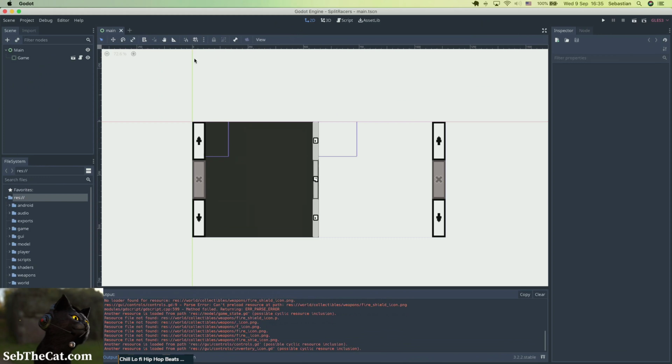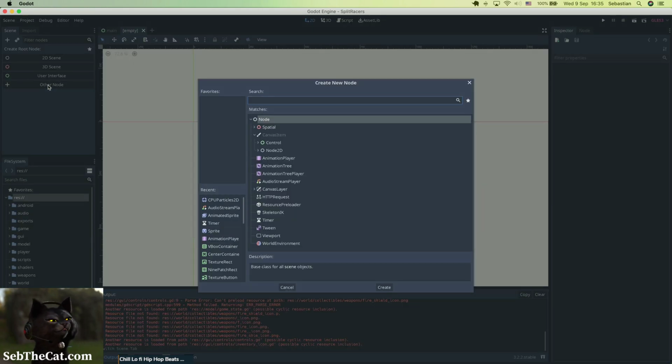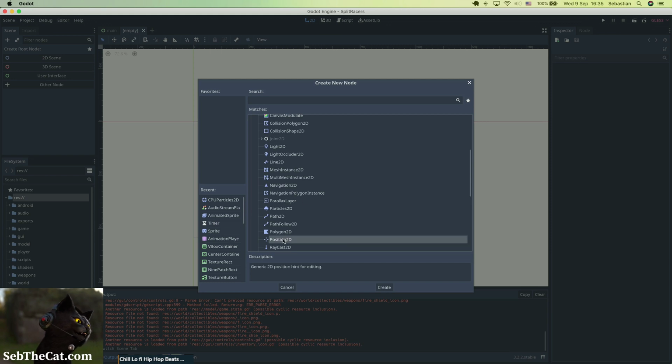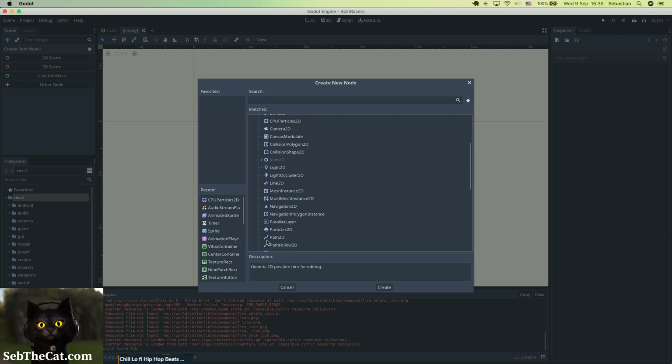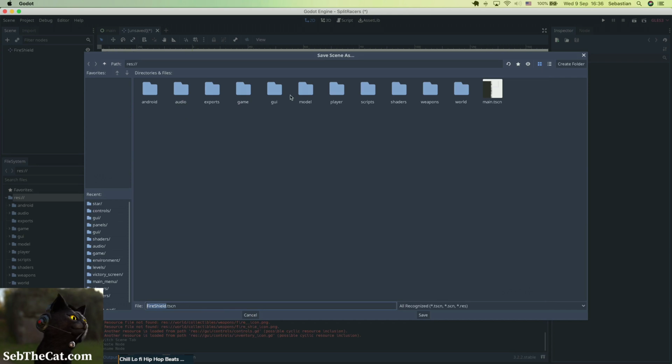And I'm going to go into Godot, and I'm just going to create a new scene. And so it's going to be some form of Node2D. I think maybe it's just going to be a Position2D. So basically what I imagine is when you fire the fire shield, we create those little sun icons, and they're just going to spin around you. So that means the parent of those little icons essentially is just a position, and it's going to follow the player. So we're just going to call this fire shield, and we're just going to save that inside our